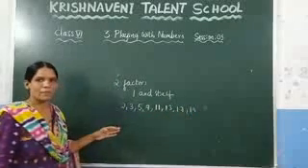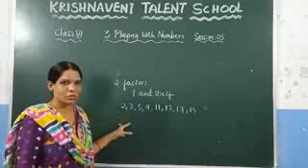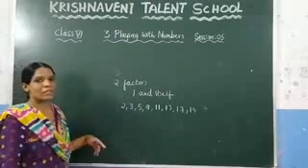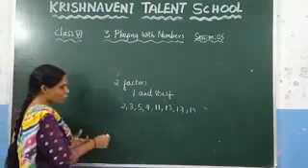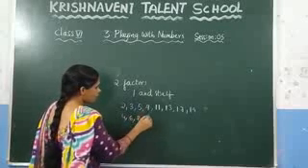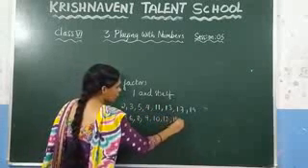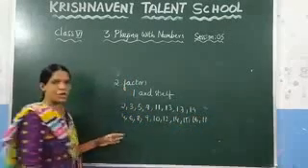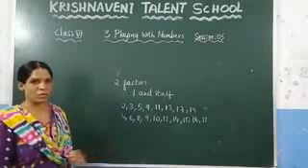These are all the prime numbers, because we know that each of them contains only 2 factors, 1 and the number itself. And what are the composite numbers? A number that contains more than 2 factors, we call a composite number. The composite numbers are 4, 6, 8, 9, 10, 12, 14, 15, 16, 18. These are all the composite numbers. This we discussed. And after that, 1 is neither prime nor composite.